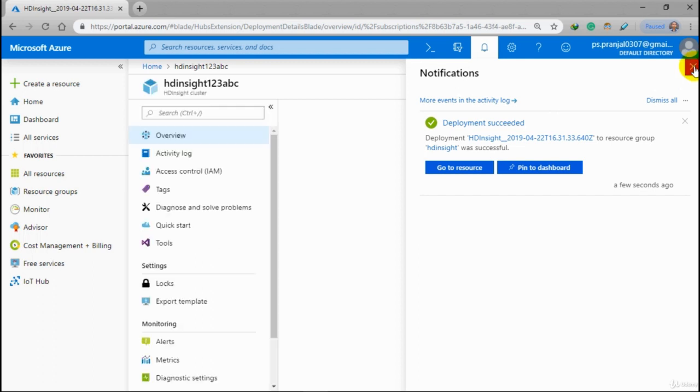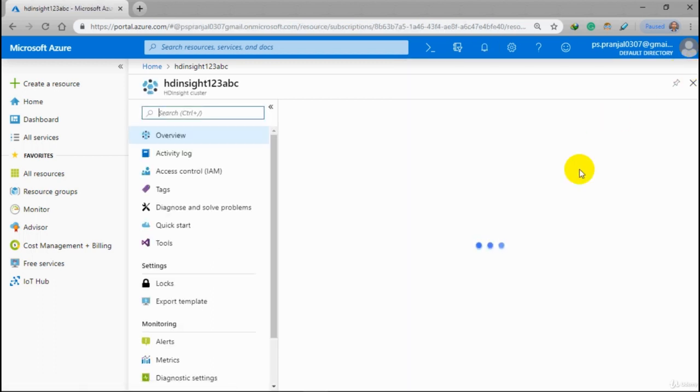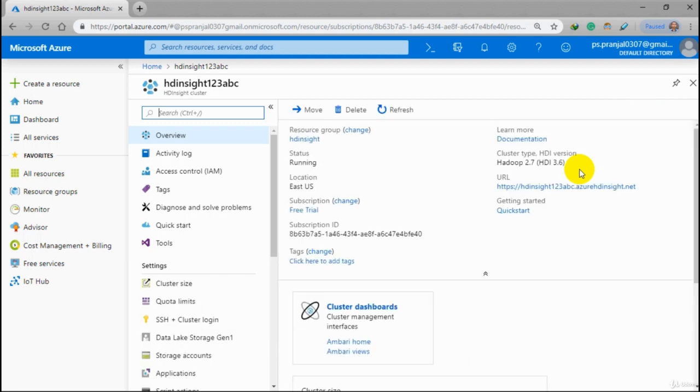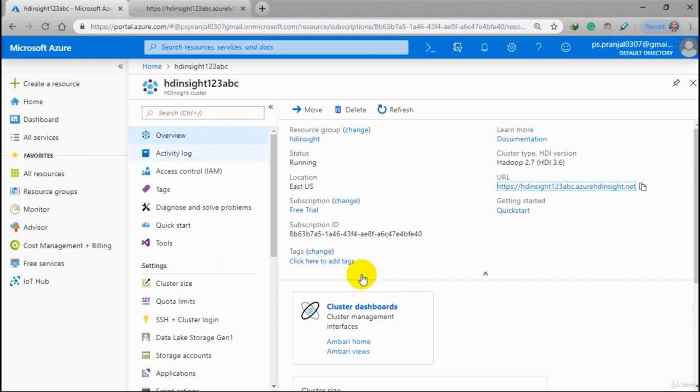the deployment succeeded. Now go to the resource, where you'll get your URL to access your cluster insights. There are many options, like it's showing the status, it is running, and showing the cluster type, that is 2.7 HDI. Now when you open this link, it will ask for sign-in credentials like your username and your password. Okay, so once you log in,